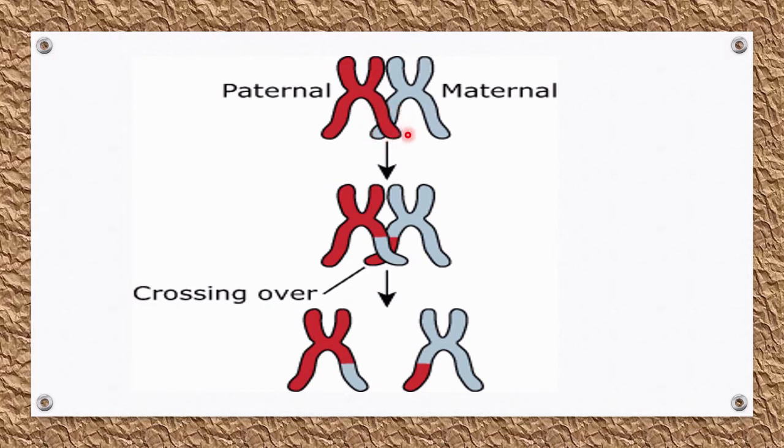As a result of that, you can see the chiasma will be formed. This phenomenon of node formation is called chiasma. When crossing over occurs, the cross that is observed is called chiasma. This is the crossing over process, and as a result, some fragment of this chromosome will be shifted to this one, and some fragment of this chromosome will be shifted to that one. By this, some characters of this chromosome will be expressed here, and some characters of this chromosome will be expressed there.